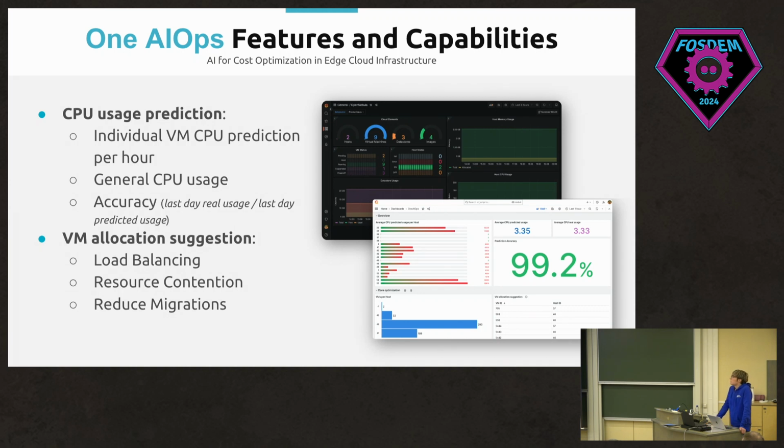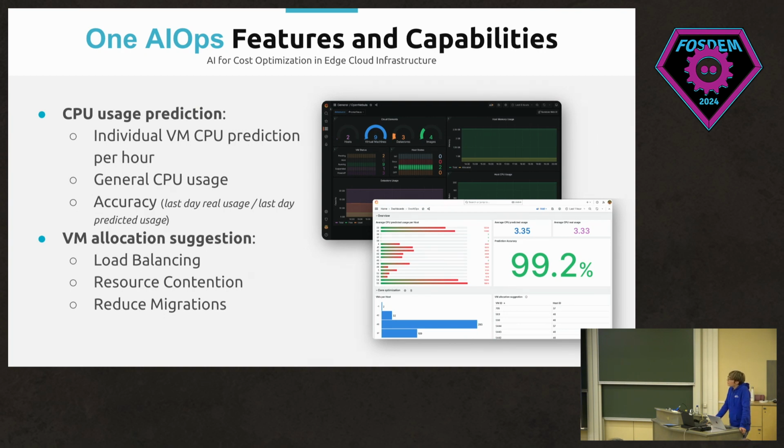So in summary, the features and capabilities of One AIOps are the CPU usage prediction of the VMs of your cloud. One AIOps can predict the individual VM CPU usage per hour, the general CPU usage prediction for your host, and the accuracy of that prediction, a very important value in terms of reliability of the system.